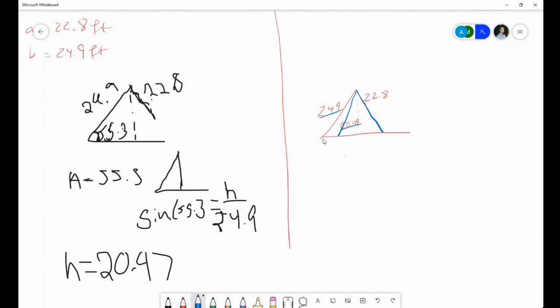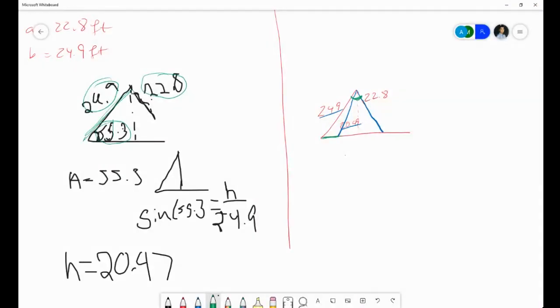So remember that this length right here is arbitrary. It can be as long or short as we need it to be. This angle right here is arbitrary. It can be as small or as large as we need it to be, because we only have three things that are fixed. We have this angle right here, this side right here, and this side right here. That's the only three things that are fixed. The other three things can be as long or short as we need in order to